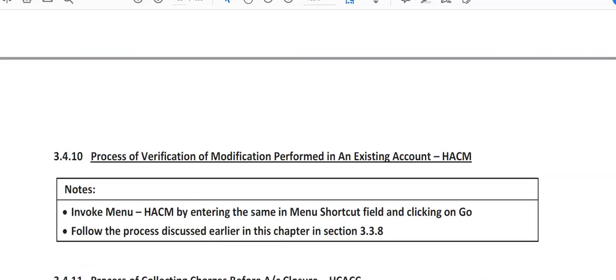And the menu option for verification is the same, HACM. In the function we had chosen modify earlier. The verifying officer shall choose V for verification, visit the general tab details, and ensure that the mode of operation has been changed accordingly as per the mandate of the customer, and in related party details the KIF ID is entered in the system. All the details shall be checked from the account opening form and the addition becomes successful after that. So that single account has become joint.